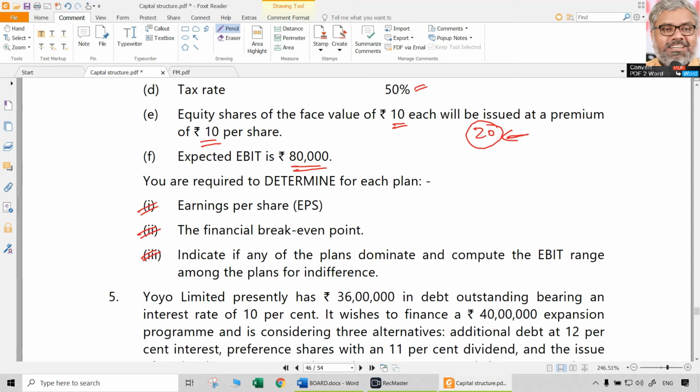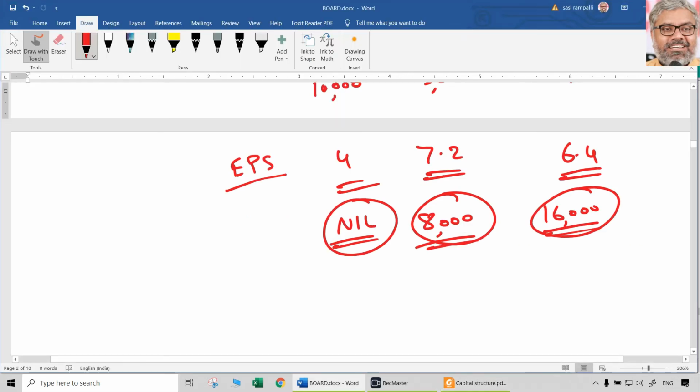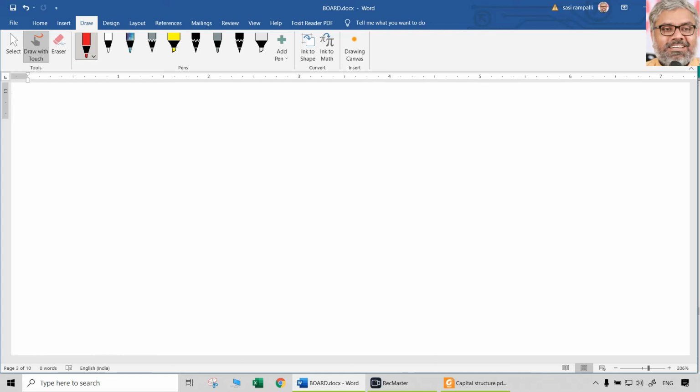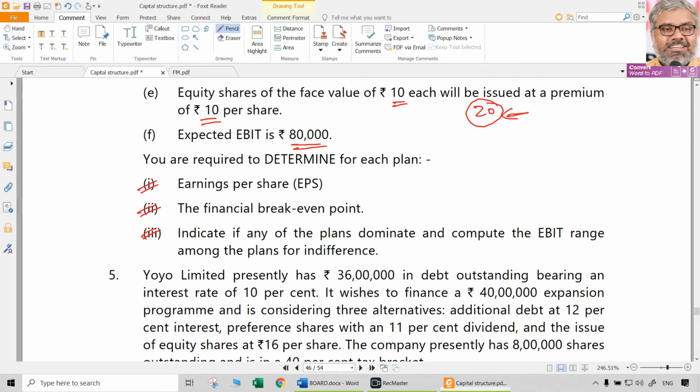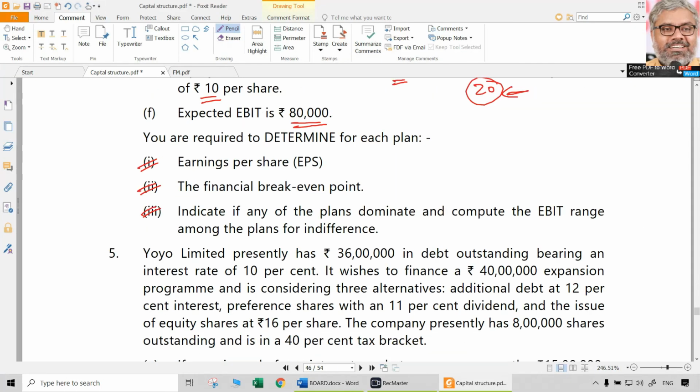So the level of operating income at which the company or equity shareholders will not have any income, no profit, no loss. That is financial break-even point. Or the income that is required by the company to meet its fixed financial obligations like interest and preference dividend also. That can be called as financial break-even point, and we calculated that. That is question number 2.